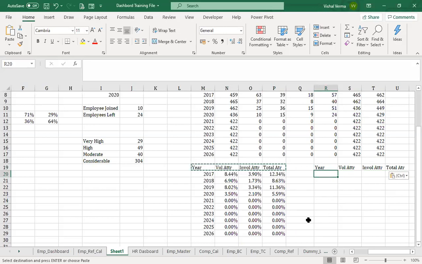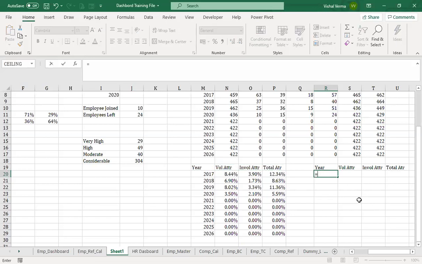Any person, our boss or the head of the organization, can ask why till 2026, why not till 2036 or 2050. So we do not prepare the data for so long. We just work for at least 5 years, plus or minus.